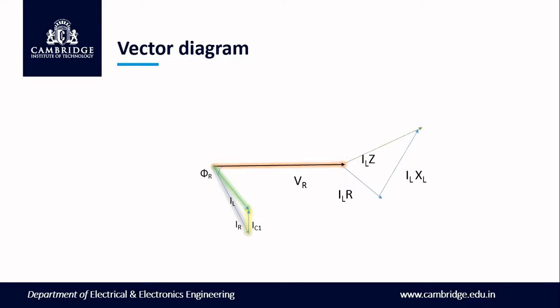So now to sum up the line current IL plus the capacitor current IC2. Here we can see IL plus IC2 will give you the current IS. Next, after joining VR plus the drop of IL into Z will give you the sending end voltage Vs. Now the angle between the sending end voltage and the sending end current is nothing but the angle phi s. Okay, so this is how we are going to draw the vector diagram for the nominal pi model.